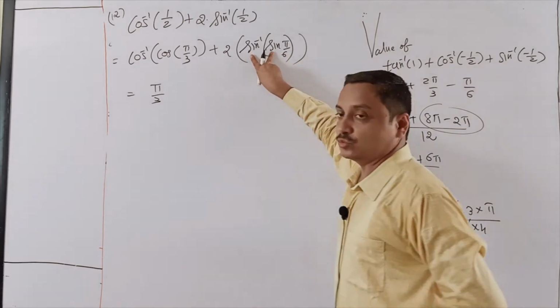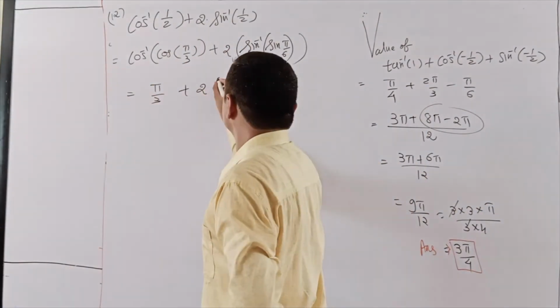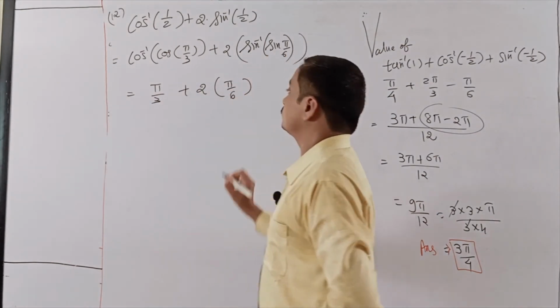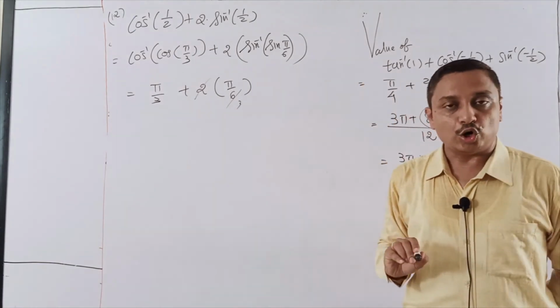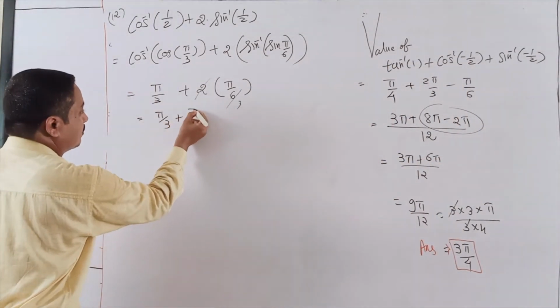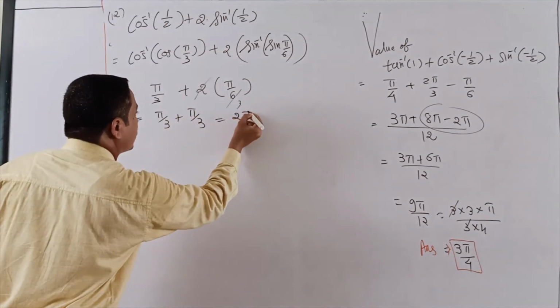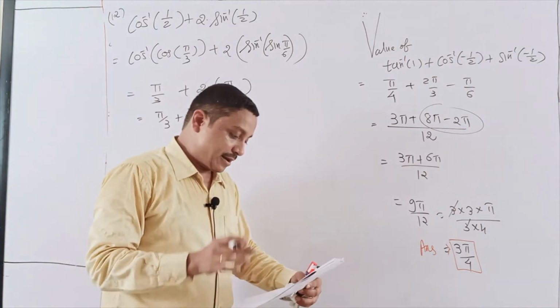Now these and this remove. Similarly here cos and cosine. So you are just getting 2 times pi by 6. Again 2 1s are 2, 3s are gone. Only and only I have pi by 3 plus pi by 3, we get 2 pi by 3, and you are happily done with our question number 12.